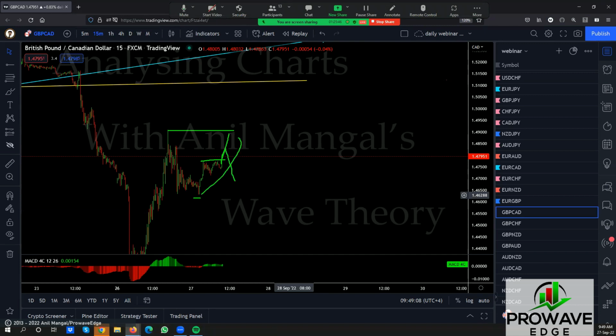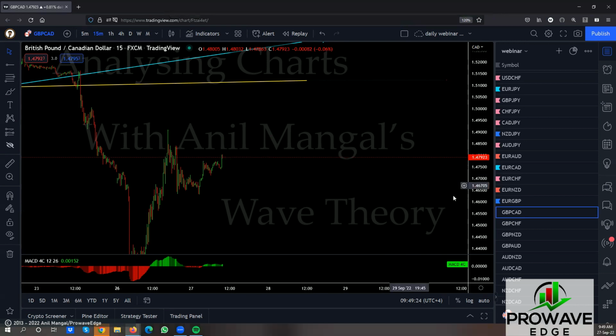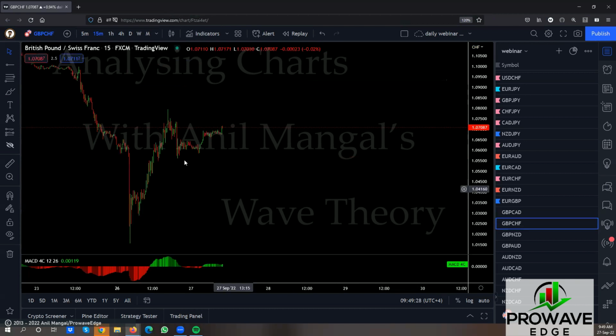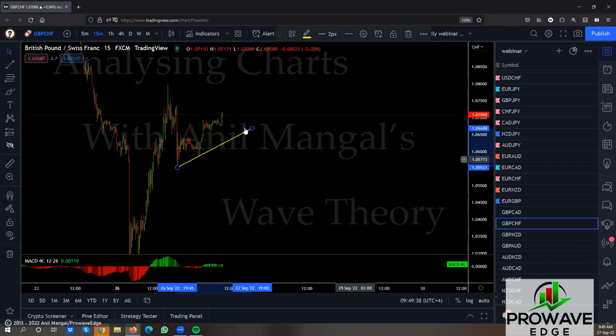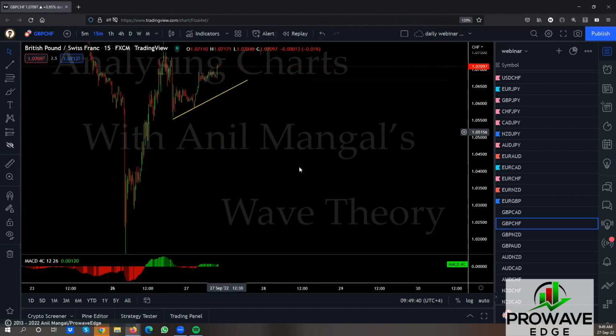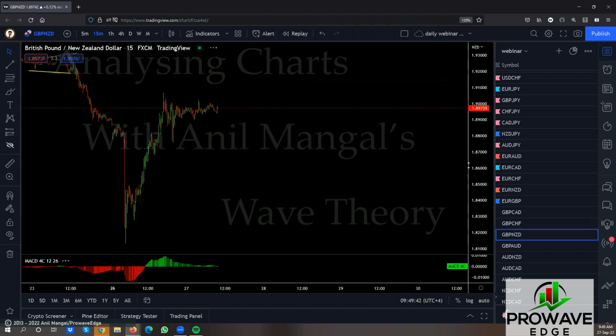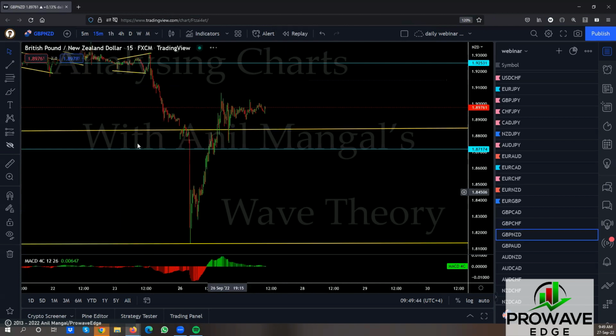So I think we let this do what it's doing, and then we look for this down and then up. And finish what it's doing. We look for the sell and then wait for it. I'll leave it open. Pound Swiss, same here. All the punk pairs are becoming interesting. See, you're getting a flat there. Let this come back down. We'll see if we get a sell. We'll get a sell from here to break this low and then up. All of them up. This one is even better than those because this one was what?